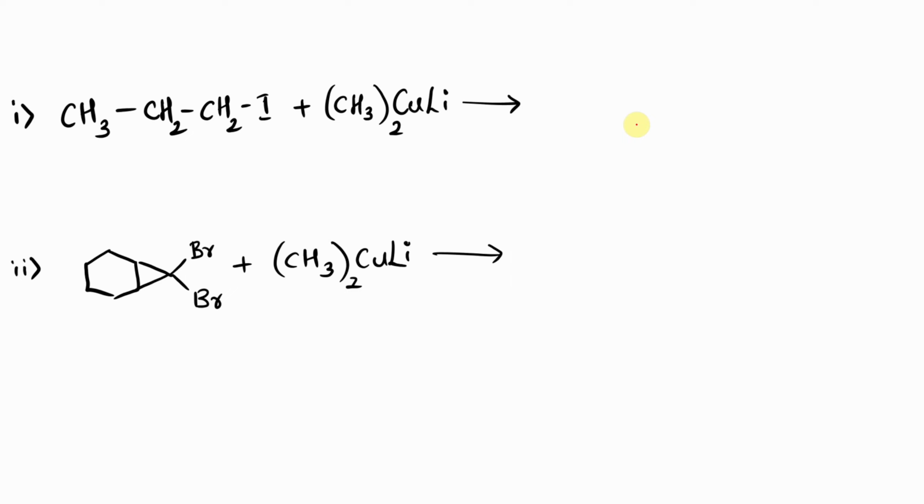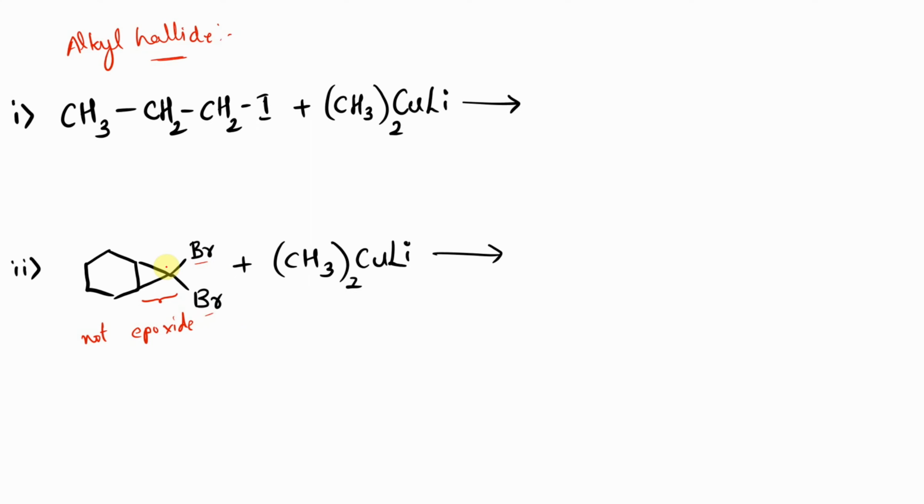So this is a similar example of alkyl halide reaction. When alkyl halides are treated with Gilman reagent, how does the reaction take place? And don't confuse this as an epoxide. This is not an epoxide ring, because an epoxide should be a 3-membered ring which contains at least one oxygen atom. There is no oxygen atom here. This is a simple ring, a bicyclic compound containing 2 bromine atoms. So how do these two reactions take place?